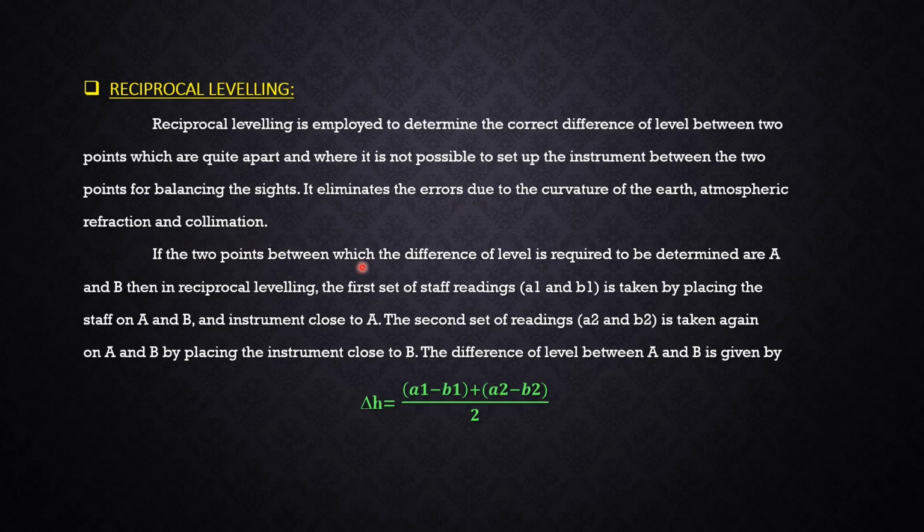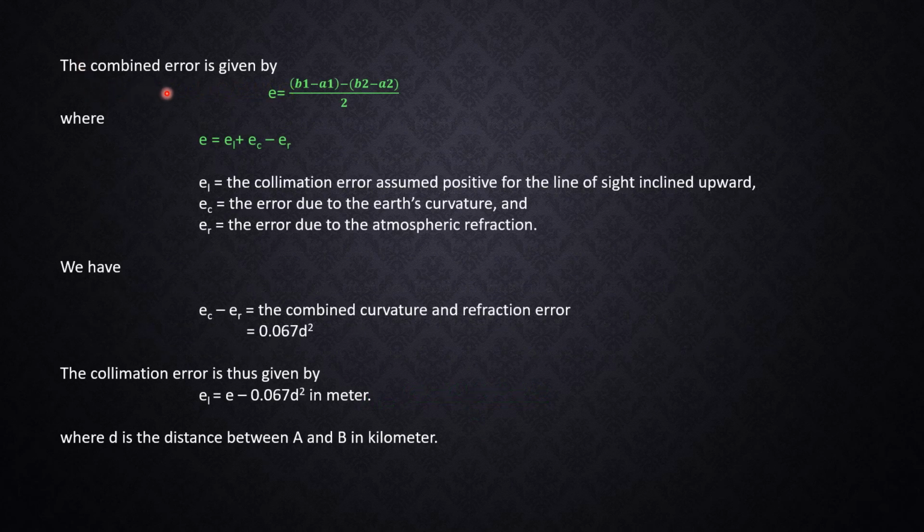If the 2 points between which a difference of level is required are A and B, then in reciprocal leveling, the first set of staff readings A1 and B1 is taken by placing the staff on A and B and the instrument close to A. The second set of readings A2 and B2 is taken again on A and B by placing the instrument close to B. The difference of level between A and B is given by delta H is equal to (A1 minus B1 plus A2 minus B2) divided by 2. The combined error is given by E is equal to (B1 minus A1 minus B2 minus A2) divided by 2,